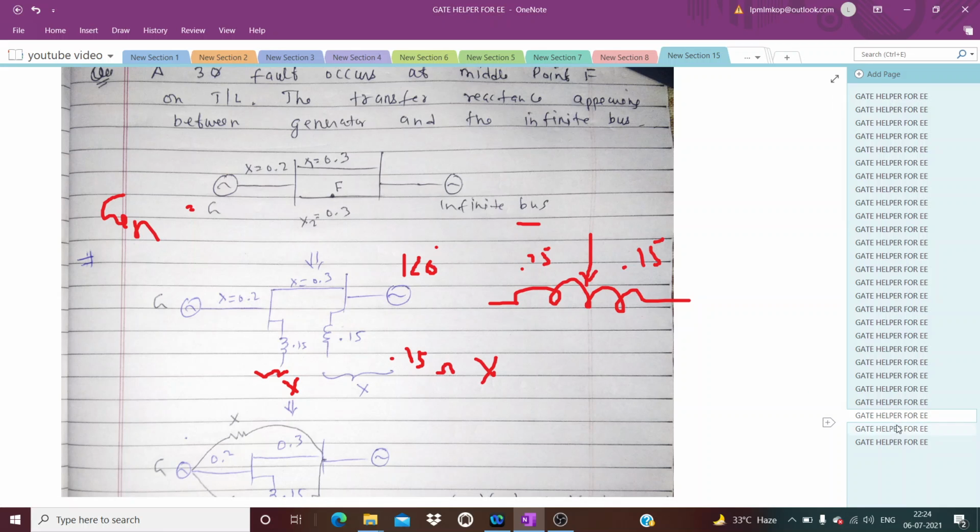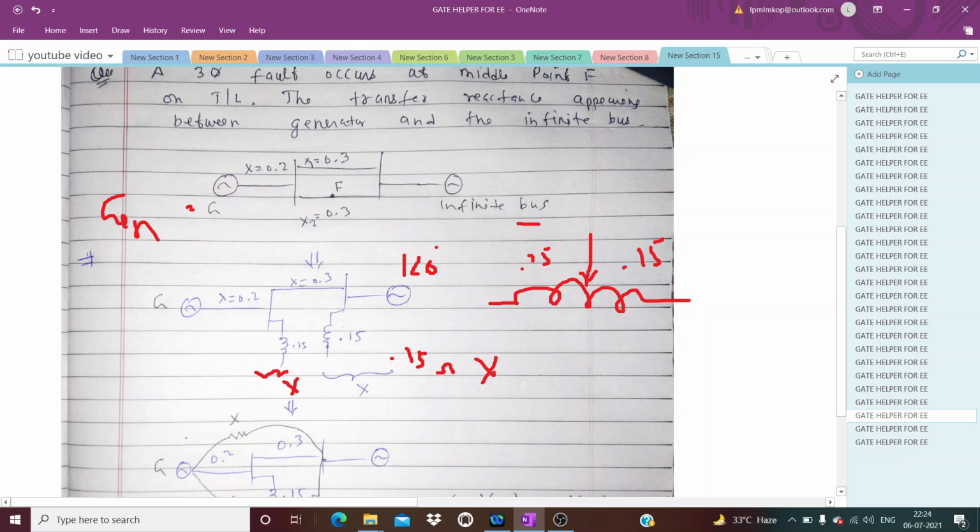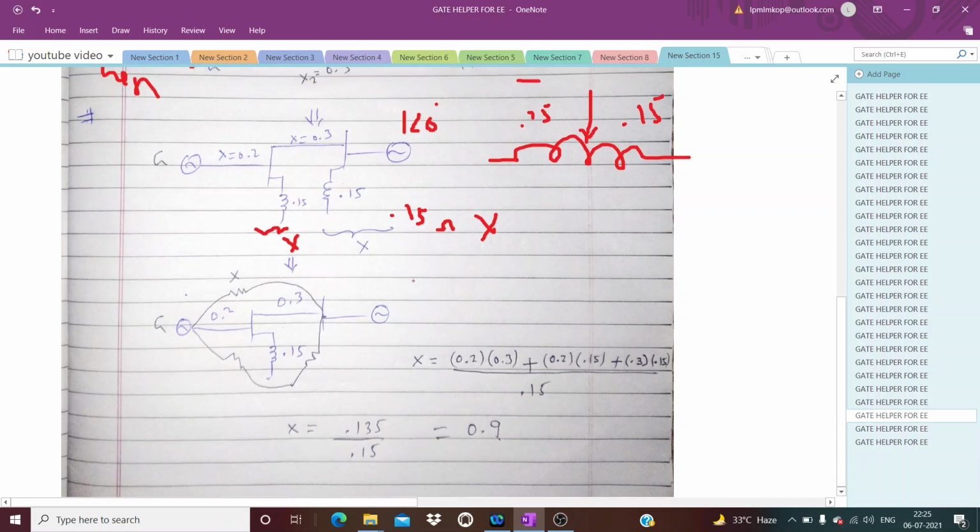Why are we neglecting it? Because, as I told you, whenever we try to find the load parameters, we generally neglect the resistance connected in parallel with the voltage source. We simply represent it with a voltage source. So this is what we have done. Why is it connected in parallel? Because of the fault at this point, the 0.3 ohm is divided into two parts, 0.15 ohm and 0.15 ohm. Half part will come here and half part will go there. So we neglect this.